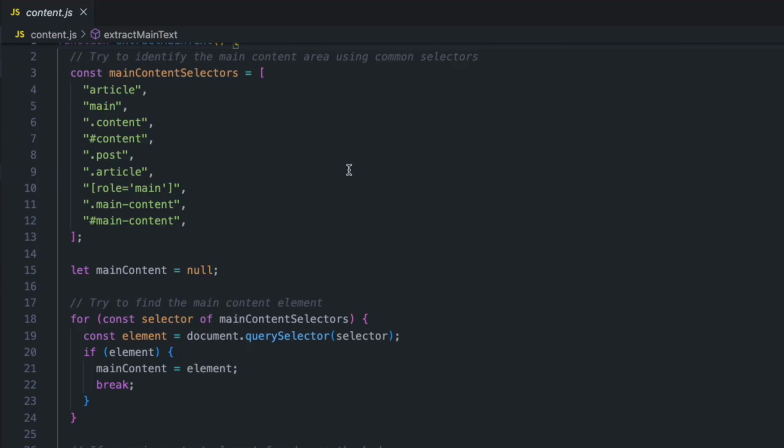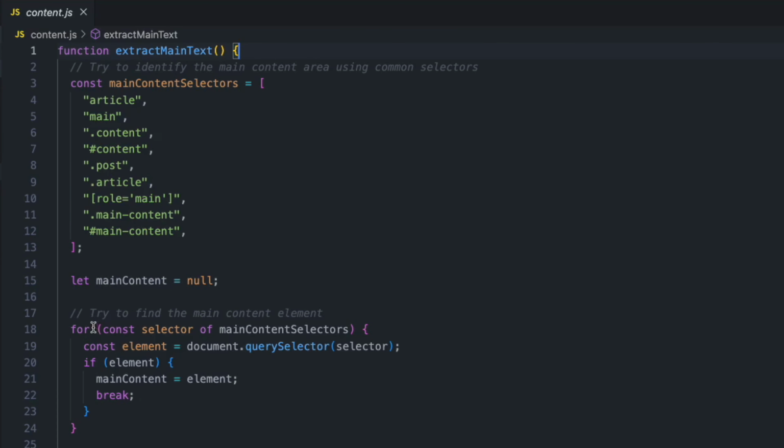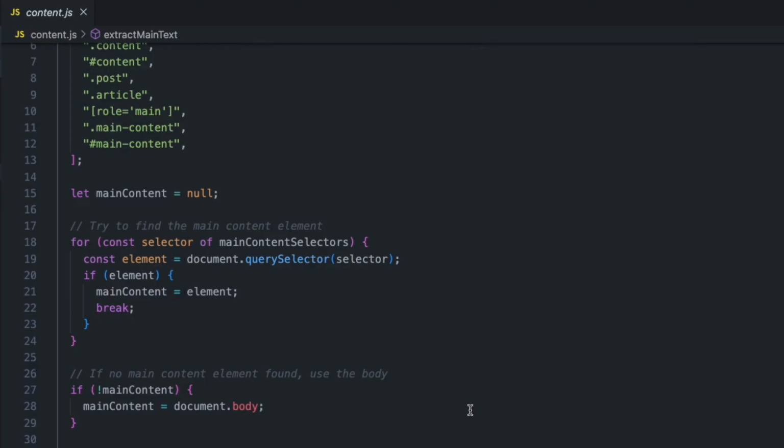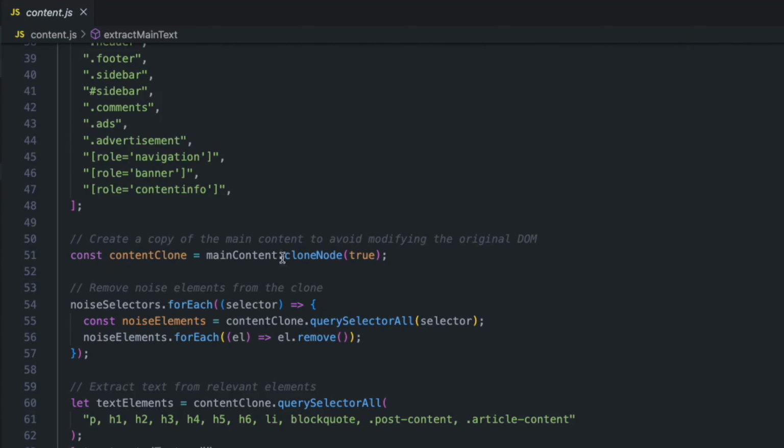First, it tries to figure out what part of the page is the main content. It looks for things like main, article, or anything labeled content or post. Basically the most interesting parts. And then it gets rid of all the junk. You know, menus, ads, sidebars, comments, footers. It makes a clean clone of the content so it doesn't mess up the actual page, and starts slicing